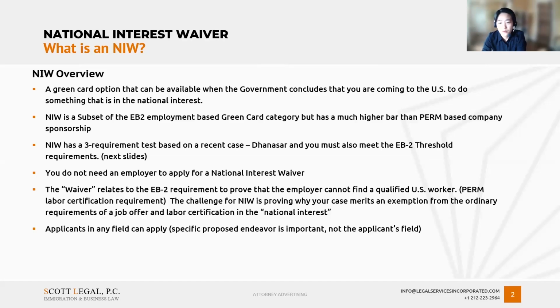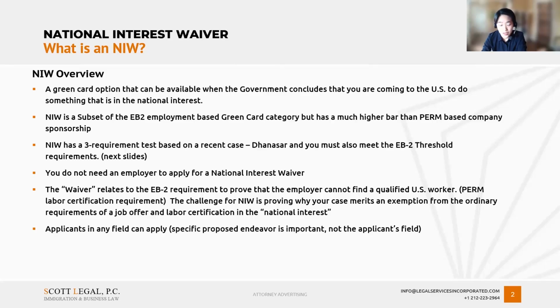So let's start with an overview of what is an NIW. What do we mean when we speak of national interest waivers? A green card petition through the EB2 NIW category is a green card option that can be available to applicants when the government concludes that you're coming to do something that is in the national interest of the United States. Now, there is a very specific way the government interprets what is the national interest, and the adjudication trends for that tend to change over time. So it is very important to always keep current with how the government is adjudicating these cases,